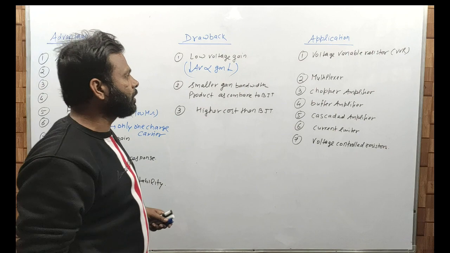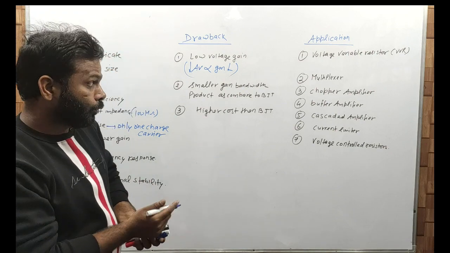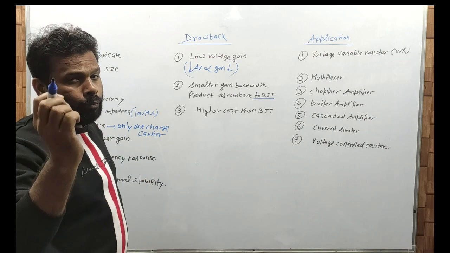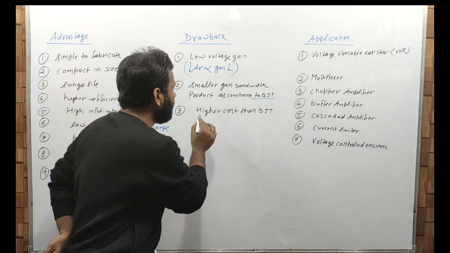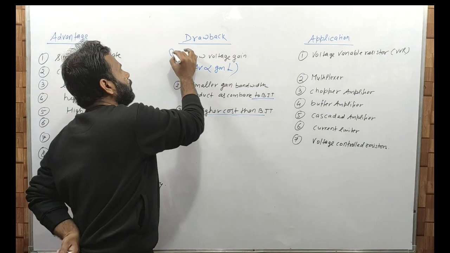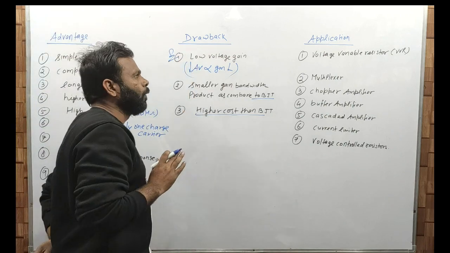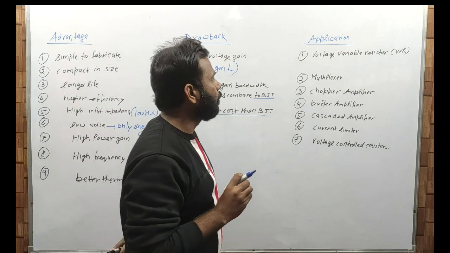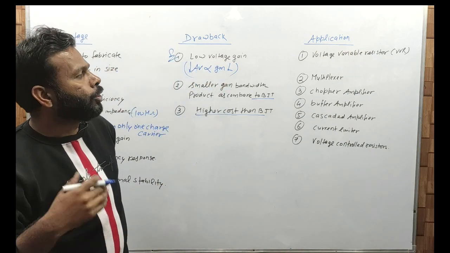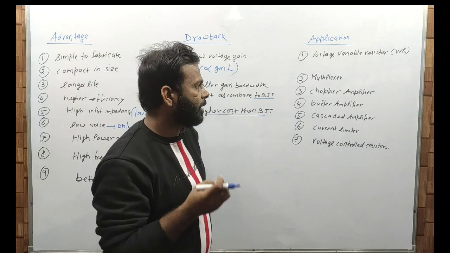Now next is smaller gain bandwidth product as compared to BJT. So BJT की कंपेयर में इसकी जो gain bandwidth product है वो कम होती है. And next is हायर कॉस्ट देन द BJT. तो ये मेन ड्रॉबैक है, बट जो मोस्टली पूछा जाता है पेपर्स में वो आपको ये मिलेगा, लो वोल्टेज गेन. नेक्स्ट है एप्लीकेशन वोल्टेज वेरिएबल रजिस्टर, देन नेक्स्ट है मल्टीप्लेक्सर, चॉपर एम्पलीफायर, बफर एम्पलीफायर, कैस्केडेड